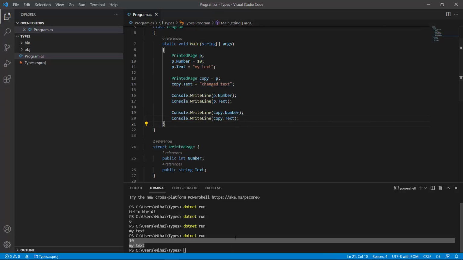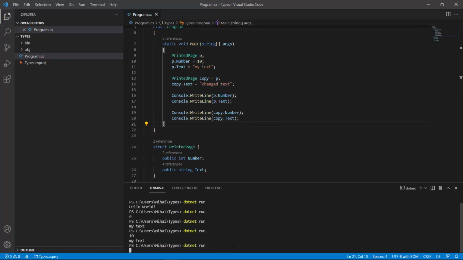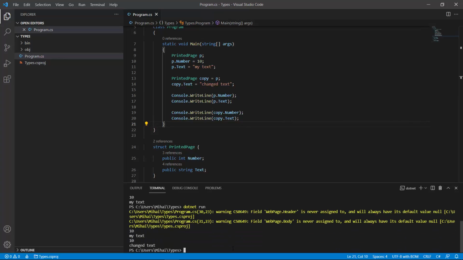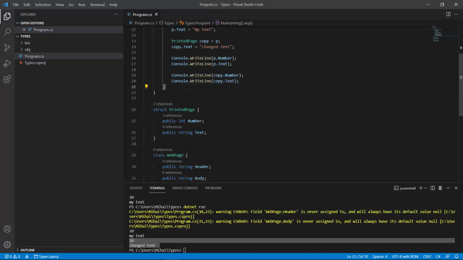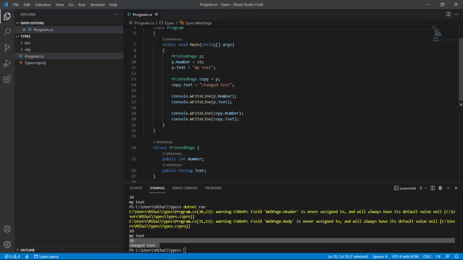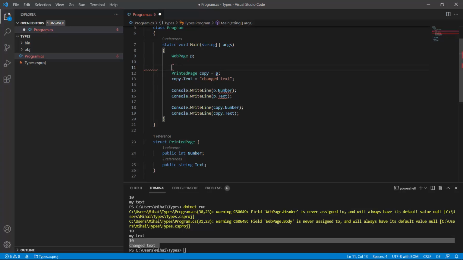So let's see if we run dotnet run. And then we see exactly that. So we see my text and then change text. But now, if we would do the same thing with the web page. So instead of printed page here, we would do a web page. And now we don't have number and text, but instead we have header and body. So we're going to say p header equals header,